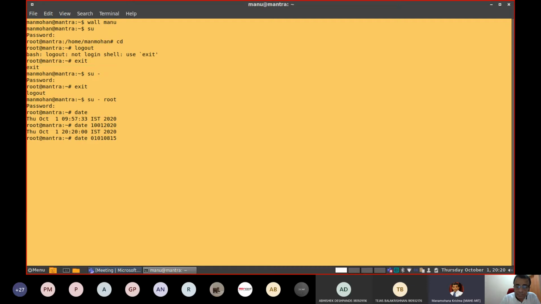Super user can change the date. Also notice that the change will come into effect immediately. You can look at the bottom of the screen, if you can see it in the graphics mode, in the title bar here. Look, Wednesday, January 1st, 8:15 is displayed. Okay, this is how system administrators can change the time.